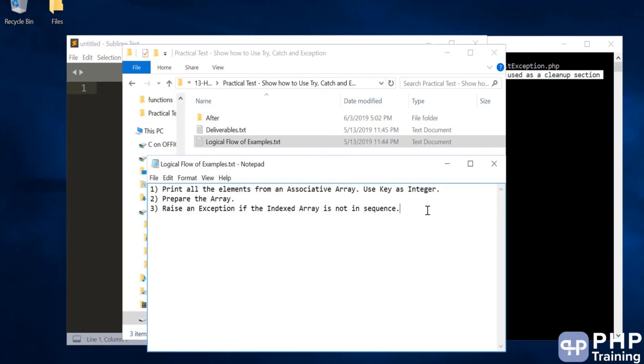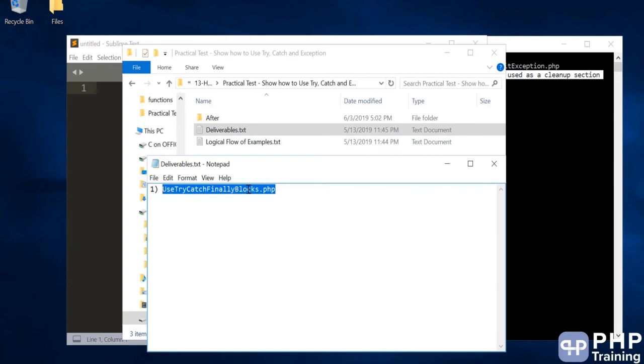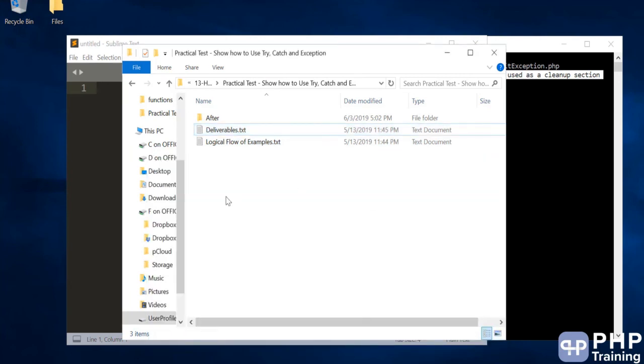Well, if you are not very well aware of arrays, then you can try to do an example to show try, catch. You can use an array concept or you can skip the array concept and just show an example how to use all the three concepts that we have learned: try, catch, and exception, and you can add the finally block as well. You can create that example in this file and do this assignment. All the best for your assignment, and I'll see you in the next one.